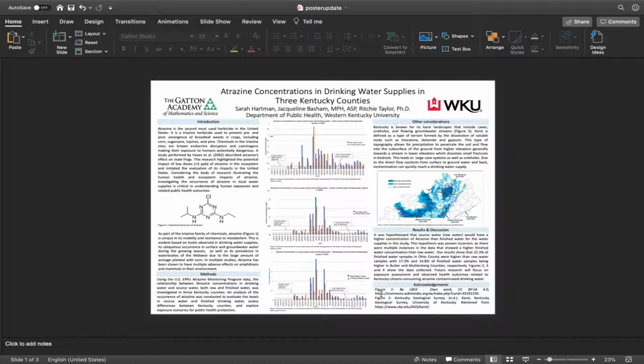A little bit more information about our data. The EPA's monitoring program is an annual collection of atrazine levels. This occurs seasonally every year, and what this data more broadly shows is that consumers are being exposed each year. As I said before, there could be a possible human health impact, but we don't have direct proof. But the fact remains that there is still a very high exposure. A risk assessment will need to be conducted, and more research will need to focus on that and observed health outcomes that are related to Kentucky citizens consuming